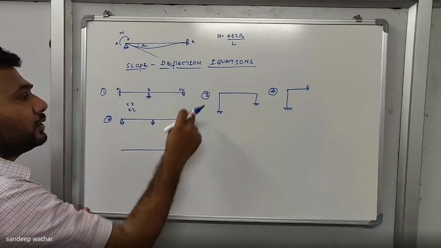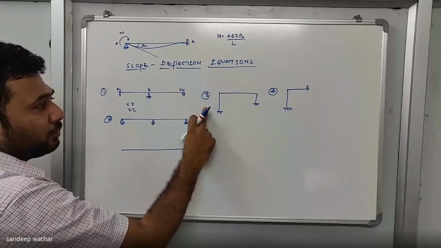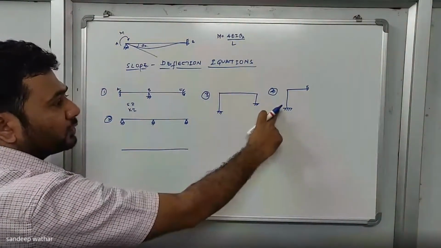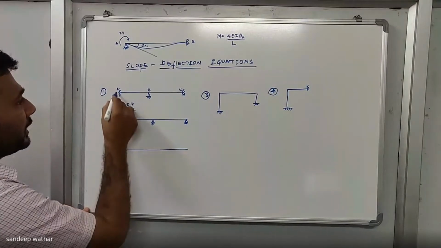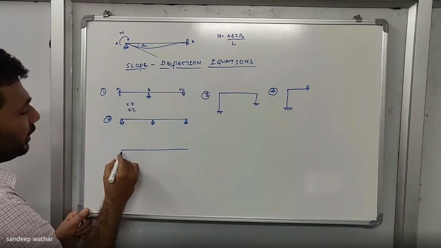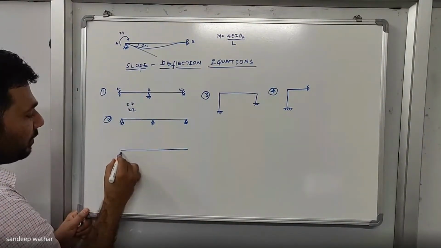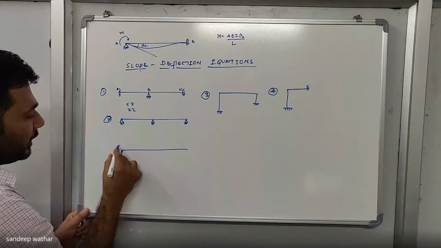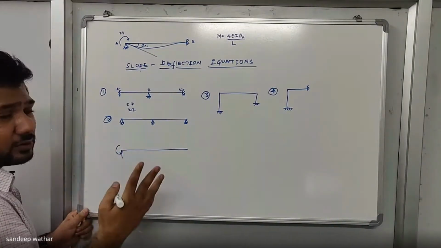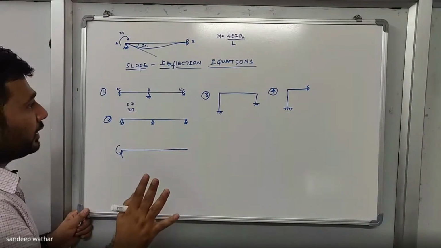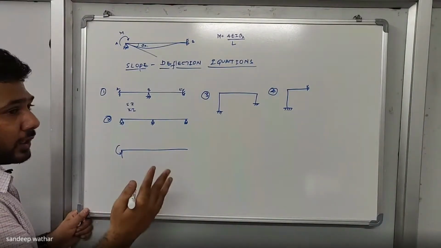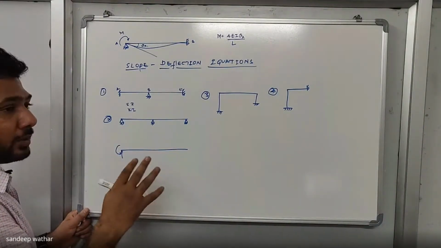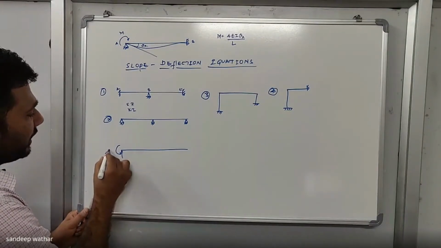Now the third structure I'll solve, and you solve the fourth structure. And we'll start from here. This is the first structure. At joint A, I have a fixed support. If there is a fixed support, basically three reactions will be generated. Don't worry about that. I'll solve for both conditions. Why 3, and why I'm considering only 2 also. First, let me consider all the 3.